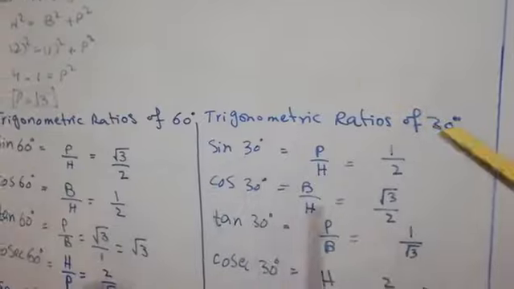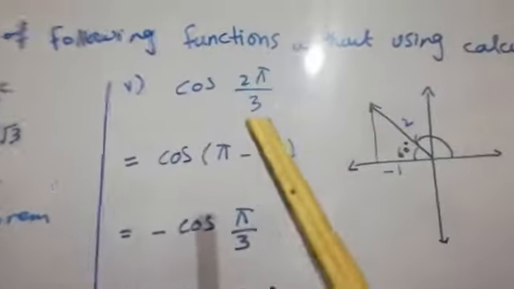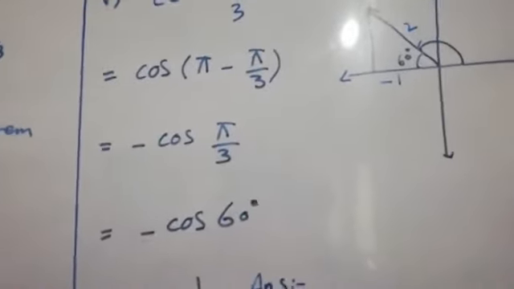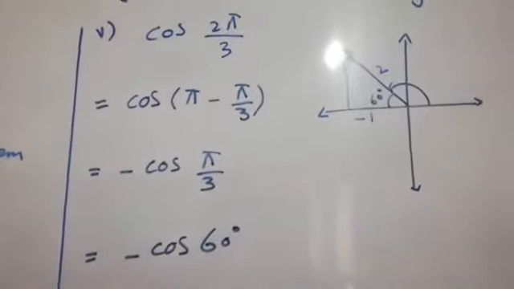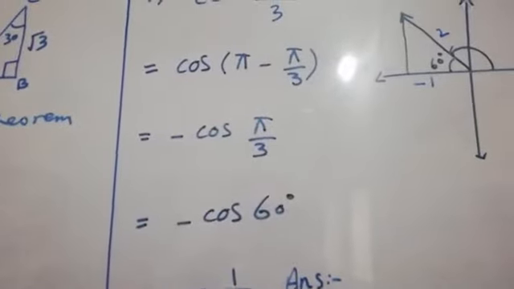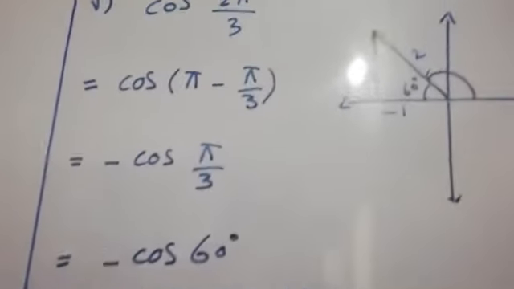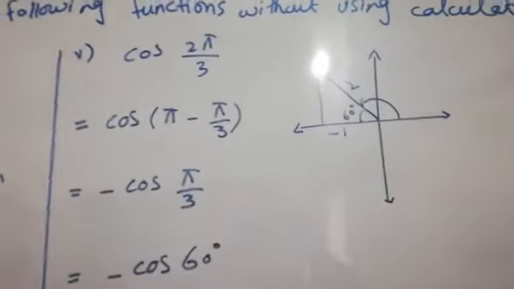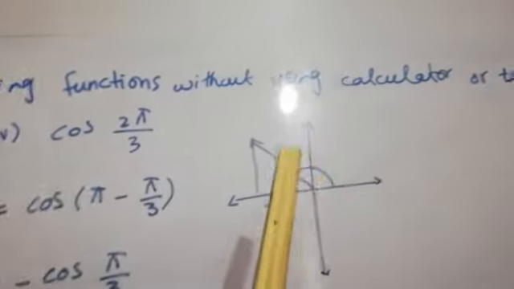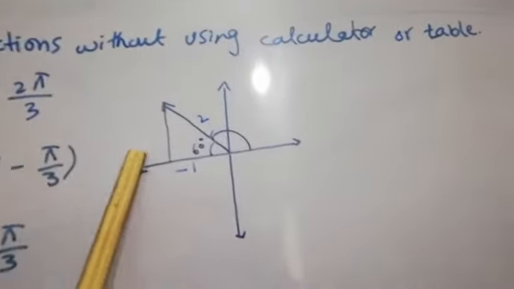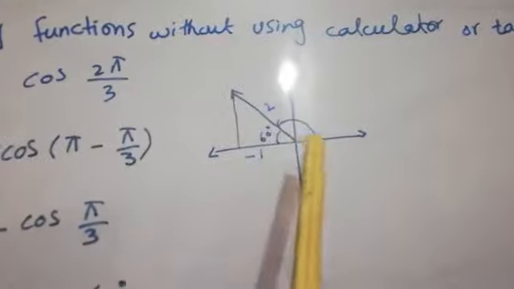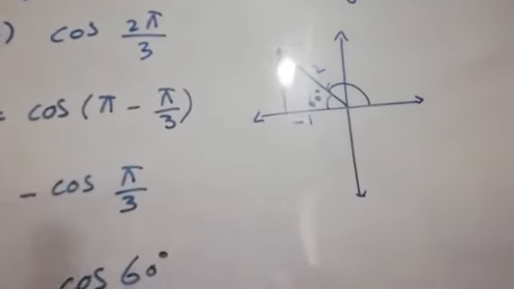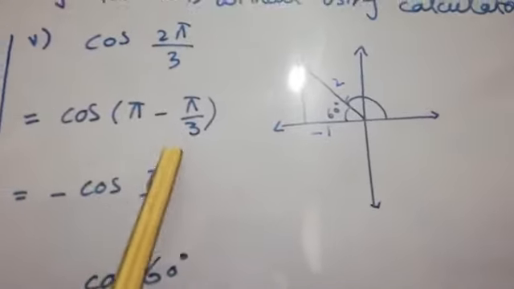And in your paper you can draw this table at the side of your paper, and then you can use it easily. And now the next question is cos 2 pi by 3. Dear students, cos 2 pi by 3 is actually cos of pi minus pi by 3. Okay, like this. First of all, we will check 2 pi by 3. If this lies in the second quadrant, we will draw the triangle, and then we will write 2 pi by 3. 2 pi by 3 means pi minus pi by 3.